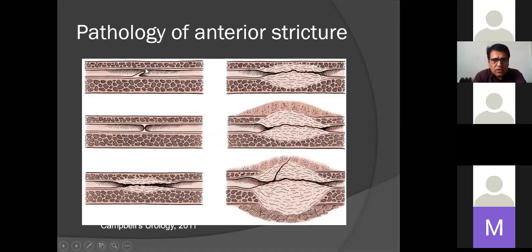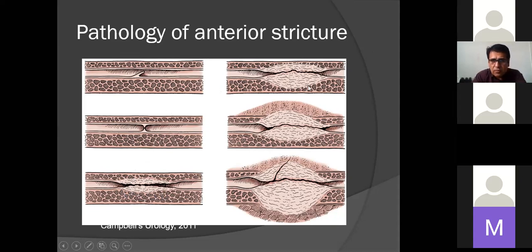Here you can see this is an epithelial stricture, one valve and a bilateral bivalve urethral stricture, and you can see there's a very thin narrowing, but this is a very soft stricture because it comprises just the epithelium. But if there is extravasation, which leads to fibrosis in the corpus spongiosum, that is spongiofibrosis.